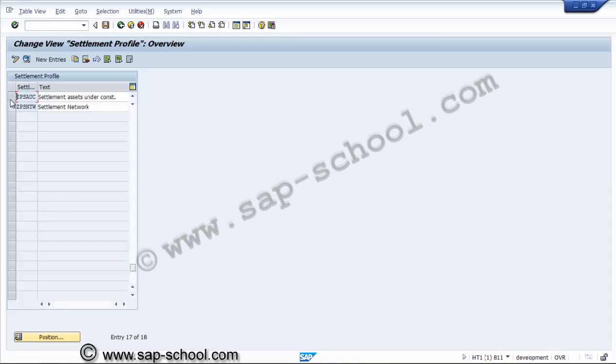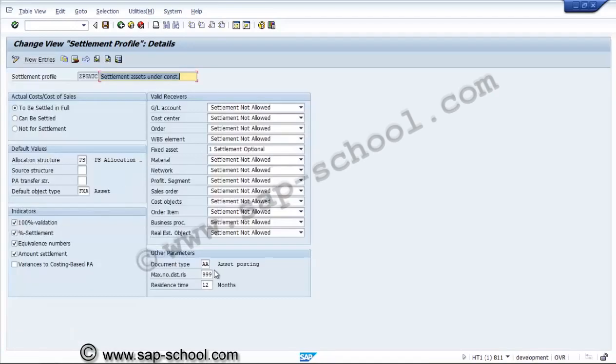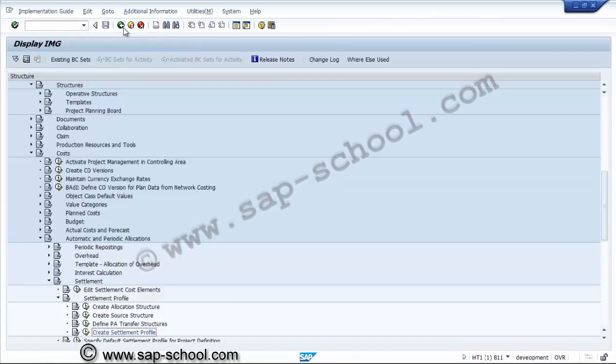In the AUC also, I think it should be GL number, and maximum distribution rules, we can consider 100, and 12 months is okay, and fixed asset and PS, this will be okay. So this is one settlement profile. Now the strategy we already created for the strategy, and the next profile will be,